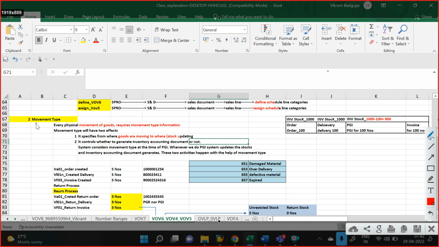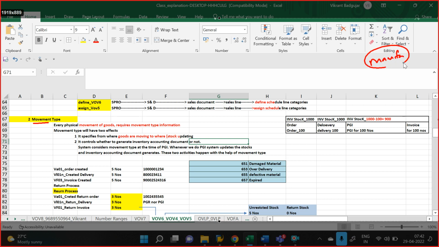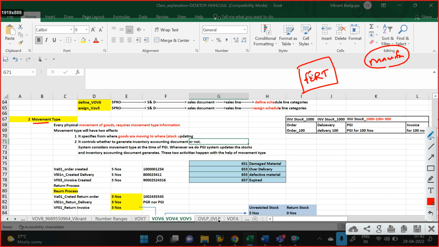Movement type means basically when we create or manufacture any material, that manufactured or sellable material comes into one stock. That is what is called FERT stock. FERT stock is a finished goods stock. Finished goods means that manufacturing is completed for that good. So from this FERT or finished goods stock,